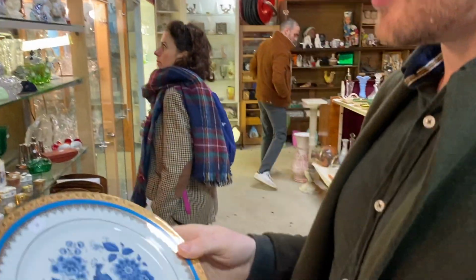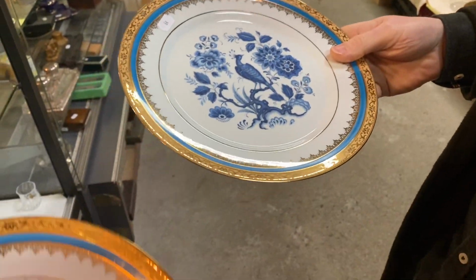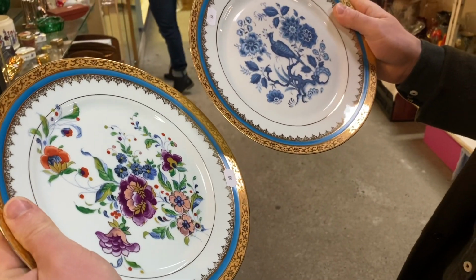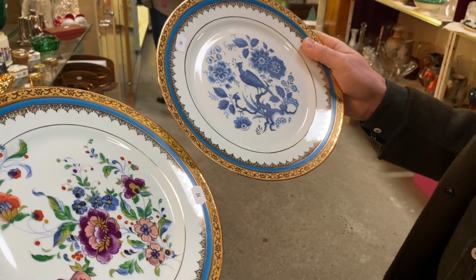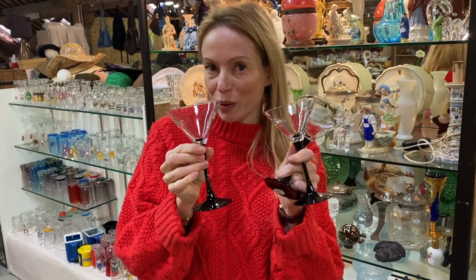Well, I just found these beautiful Limoges plates. And look at the gilding on the edges. And they're in perfect condition. Look, there's a pair of them. €6 each, it's nothing. I think I'll make beautiful presents for someone. So what have you found, Steph? I found some martini glasses with a black foot. There's only 3 of these. But I thought for Michael's new apartment...